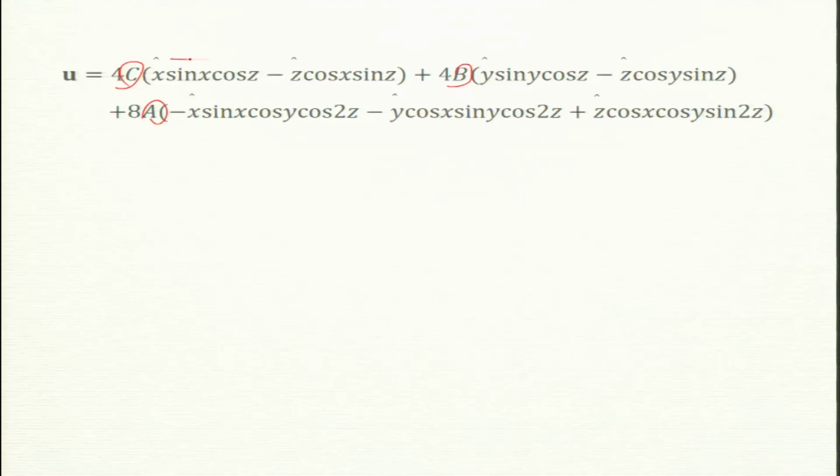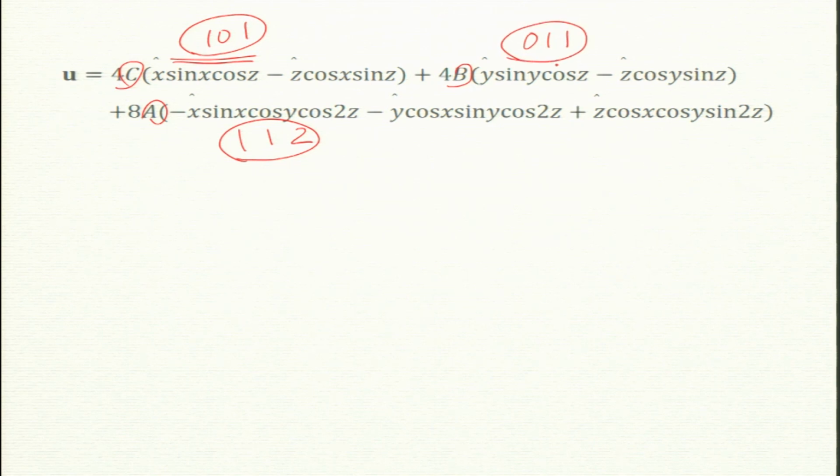Now, what are my modes? This is 3D, so it is not 2D anymore. This one gives you the modes 101, that is sin x cos z. There are 4 combinations of plus and minus. This one is 011, and again 4 combinations. This one is 112. So there are 8 modes here, 4 modes here and 4 modes here. It's quite a complex set of modes, and in real flows of course there are tons of them.